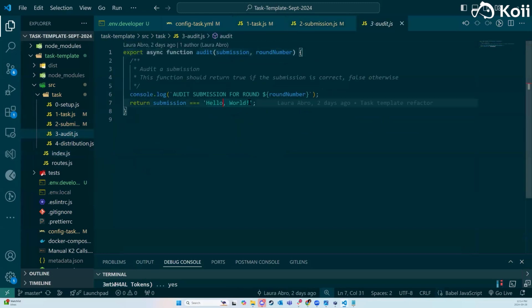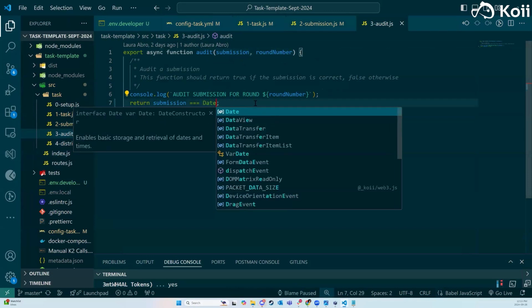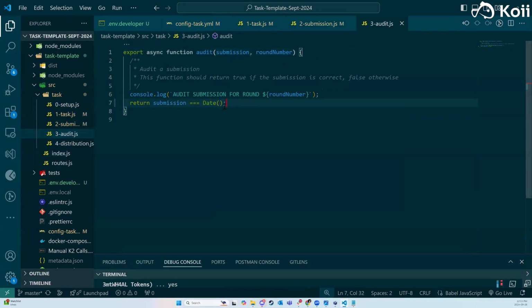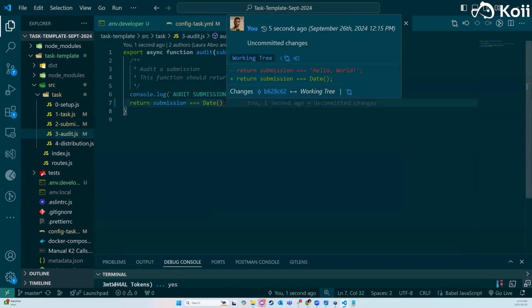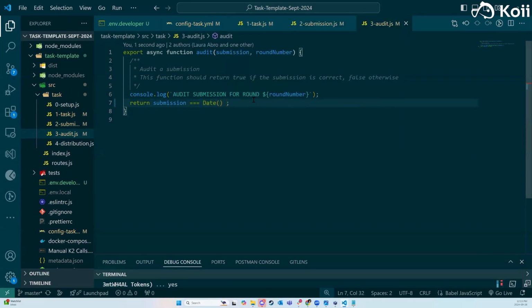So we're going to say the submission has to equal a date object. If it is a date object, it doesn't really matter what the date is, to be honest. Or maybe it does, and maybe we want to have an additional check, and then we want to say